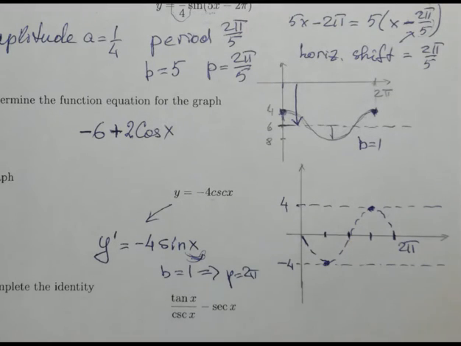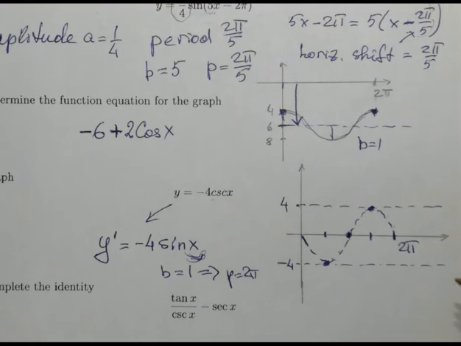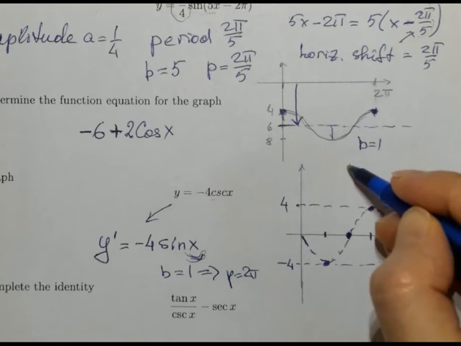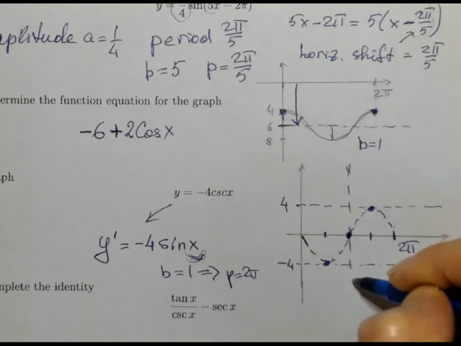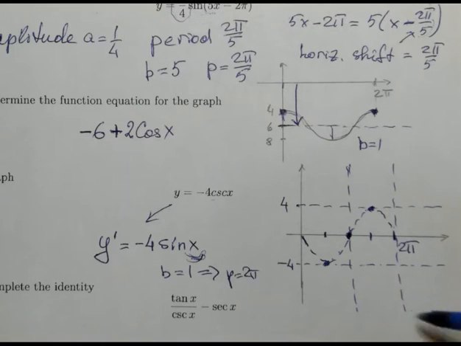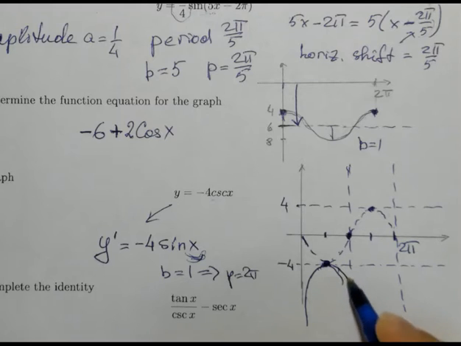Now the cosecant. Cosecant is 1 over the point on this line. So it means that when the sine is 0, the cosecant will have a vertical asymptote. It will increase without bound. And when the sine function has a minimum or maximum, the cosecant function will have the same value. It will touch this point. Now we can draw this